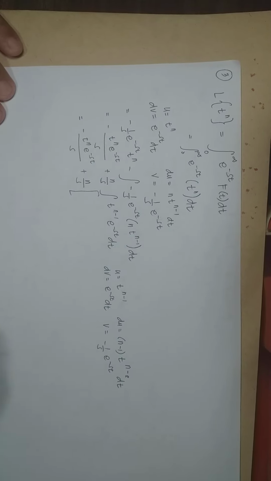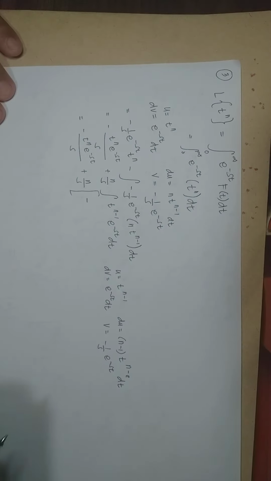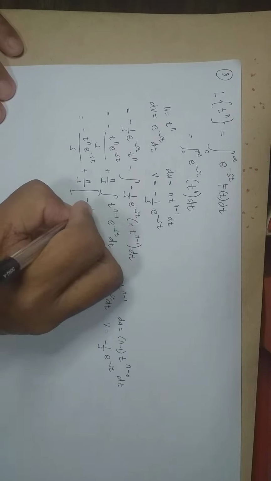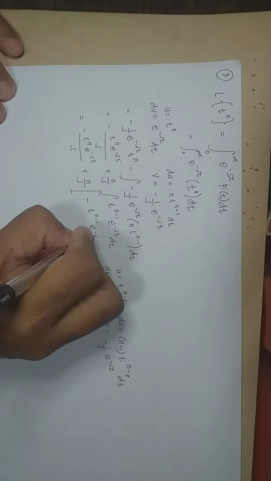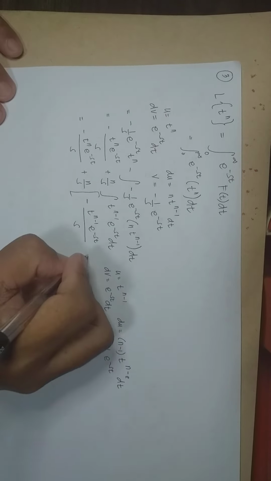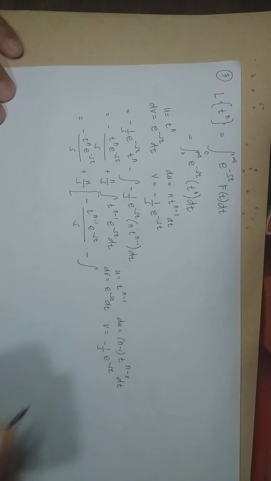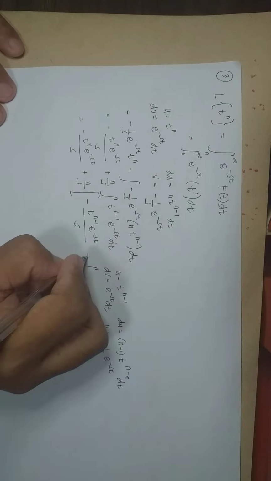We have negative t raised to n minus 1 e to the negative st over s minus the integral of v, so this becomes positive,